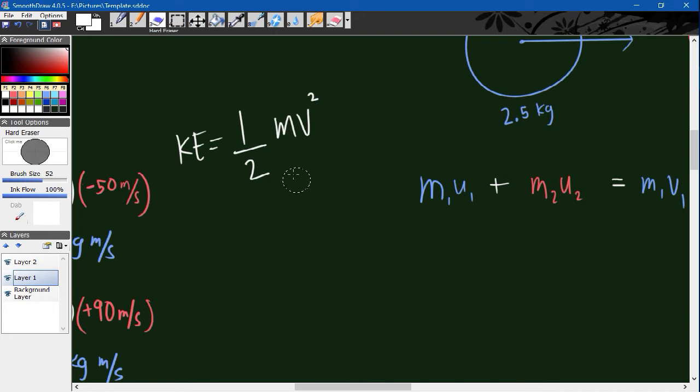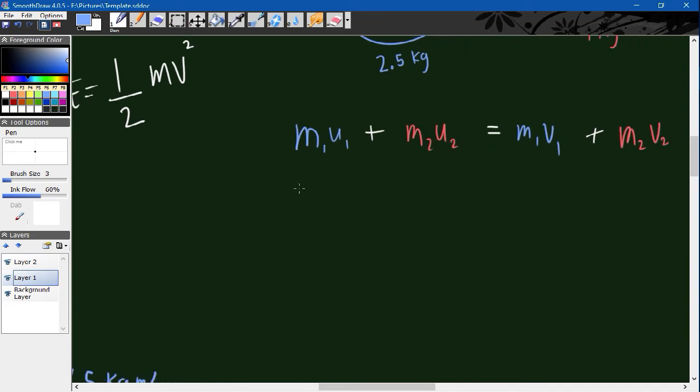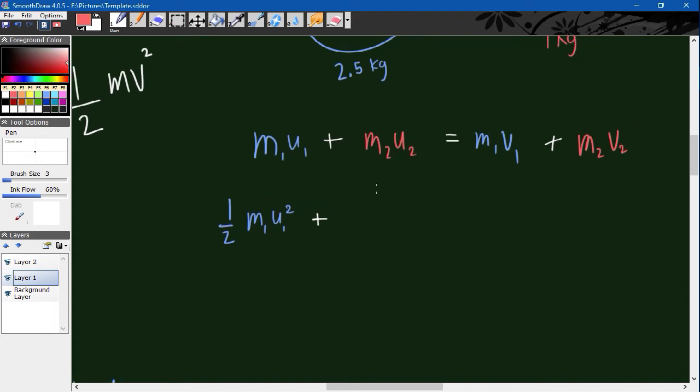So the initial kinetic energy of the blue sphere would be 1/2 m1u1 squared, plus the initial kinetic energy of the second sphere, the red sphere,